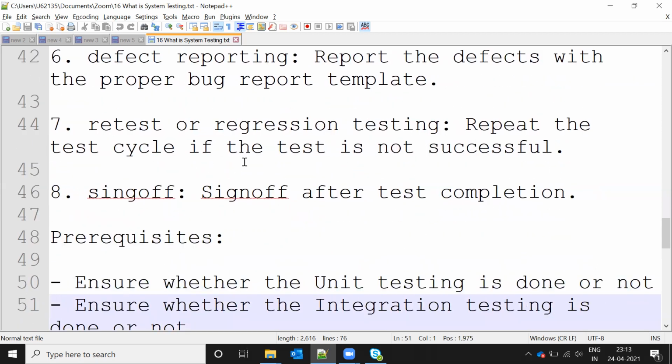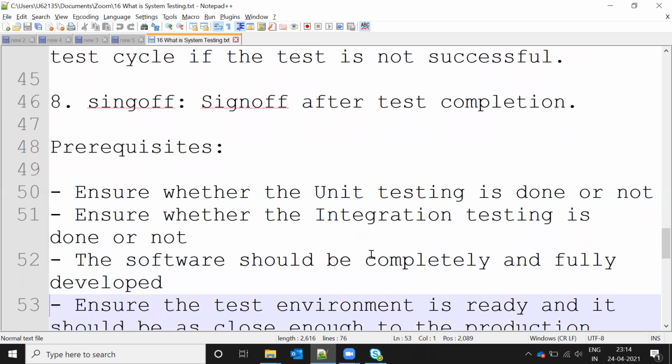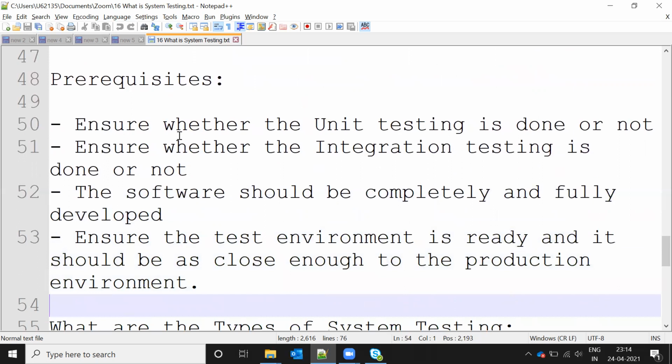And sign-off: once there are no defects and we are not finding anything, we can give sign-off. The project is complete and we can move it to user acceptance. The prerequisites are ensuring that unit testing is done and integration testing is done.